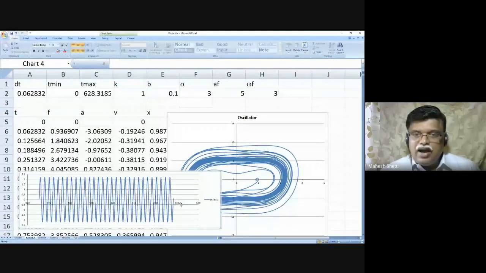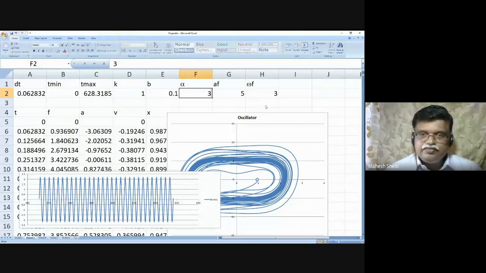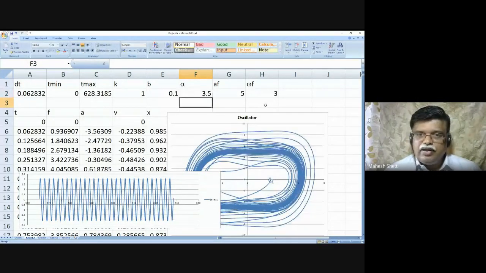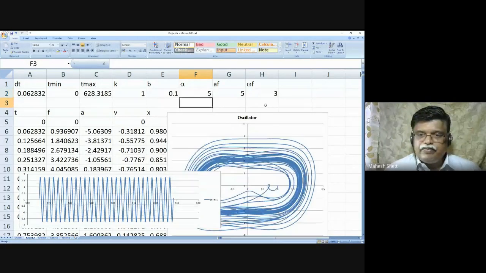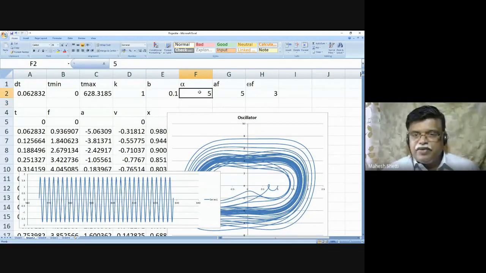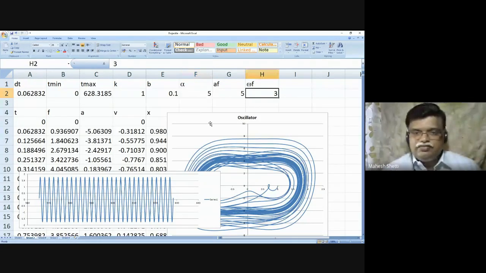I make it larger, say 3.5. I make it further large, say 5. And you see that this nature has not changed much. Now what we shall do is we shall increase the amplitude. You see the amplitude is still remaining within, say, about plus minus 2, the horizontal one. So now let me increase this